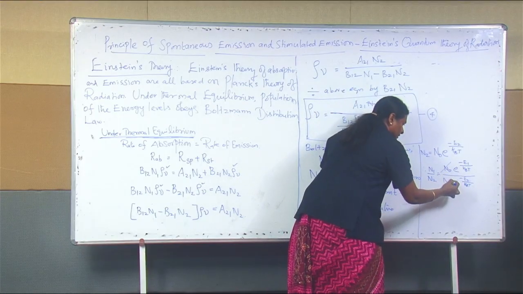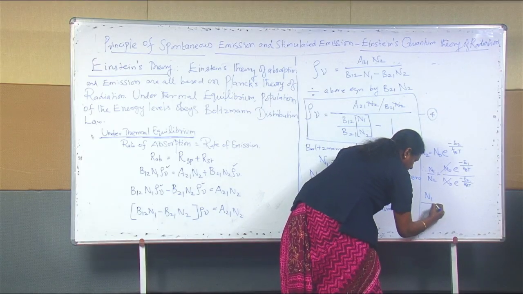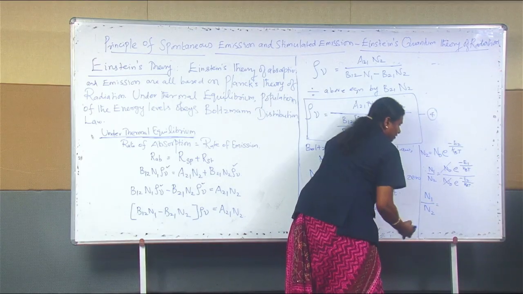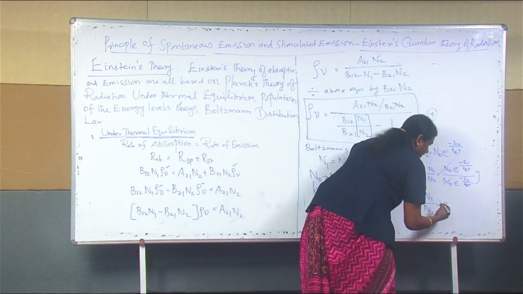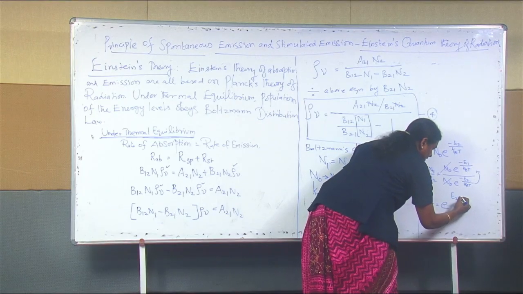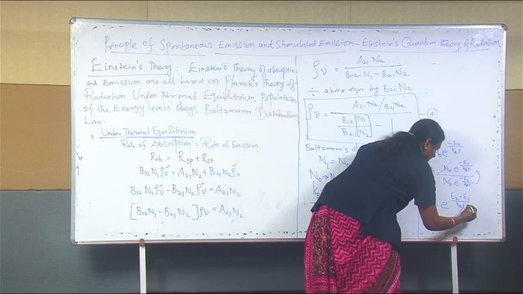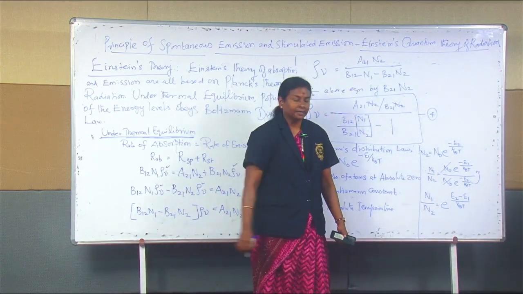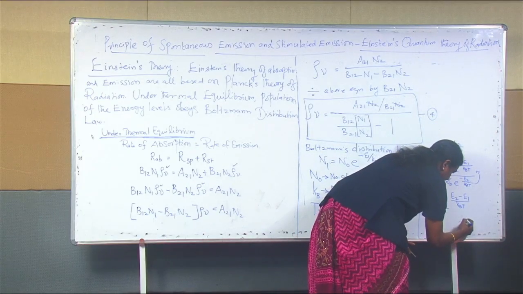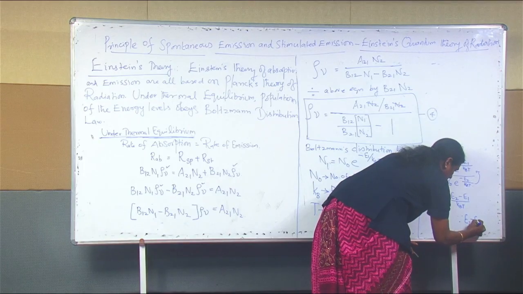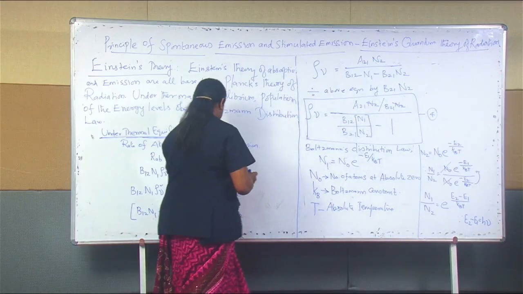Here we have to cancel N0 and N0. Therefore, N1 by N2 is equal to, if I bring this term to the numerator, exponential to the power of E2 minus E1 by kBT. In the beginning itself, I mentioned what this E2 minus E1 is. Since E2 minus E1 is equal to h nu,